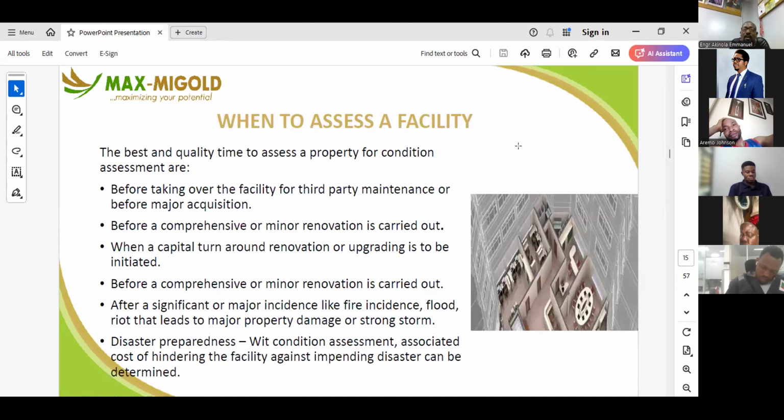So why do you need to conduct a facility condition assessment? The best and quality times to assess a property for condition assessment are, first, before taking over the facility for third-party maintenance or before acquisition. If your company happens to be a facility management company that handles maintenance and operation of the facility on behalf of a client,